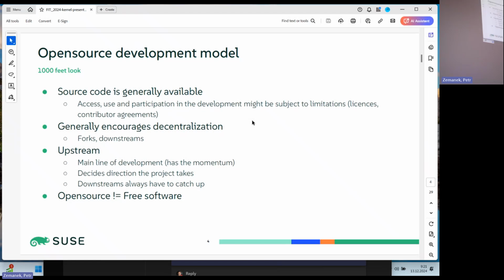The last thing that I would like to mention is that open source doesn't really mean free software. A lot of people use those two interchangeably, but you can have a very commercial and successful project and have it open source at the same time. Why would you do that? For example,